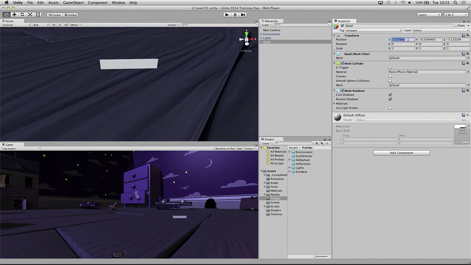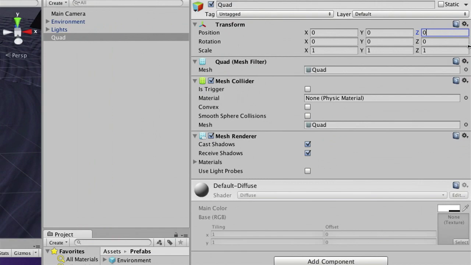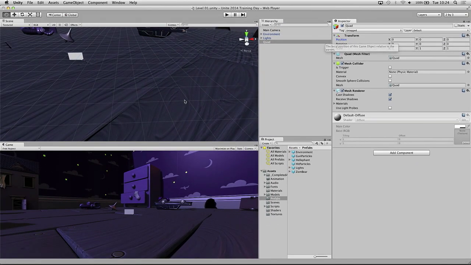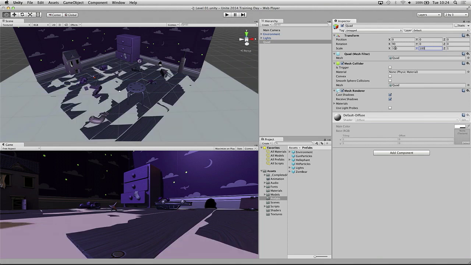We're going to reset that to 0, 0, 0 in the transform component. So make sure the position of your quad is at 0. And we're going to rotate it by 90 degrees in the x-axis. Finally, we want this to cover the entire game level. So we're going to scale this by 100 in x and 100 in y.